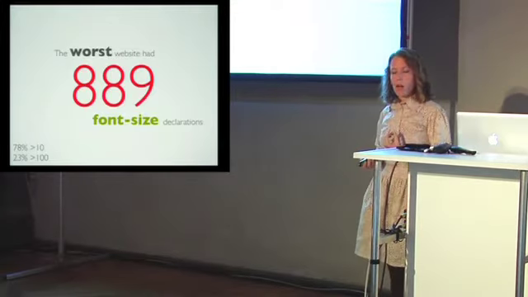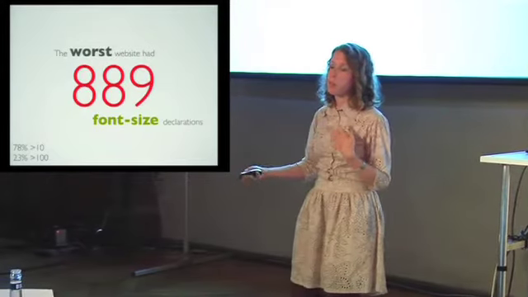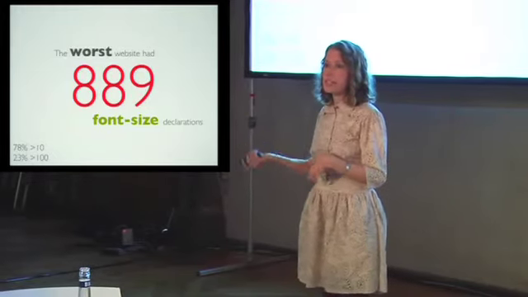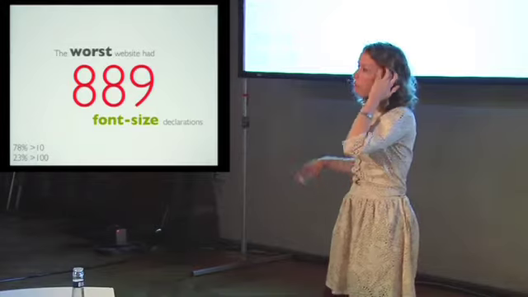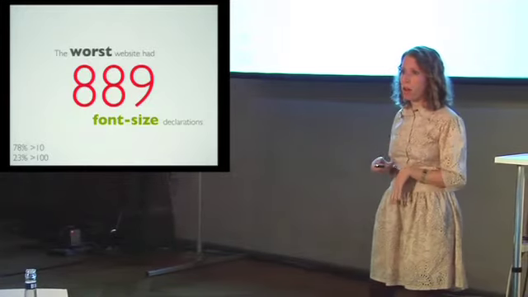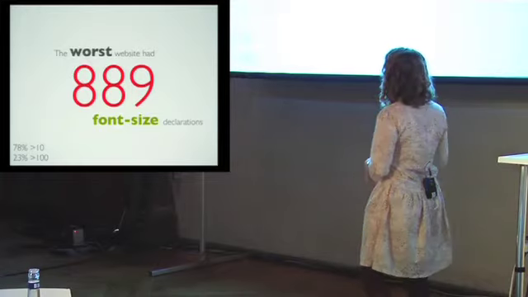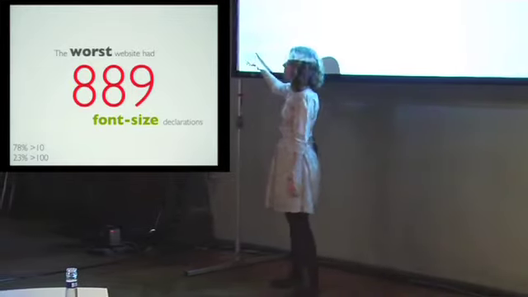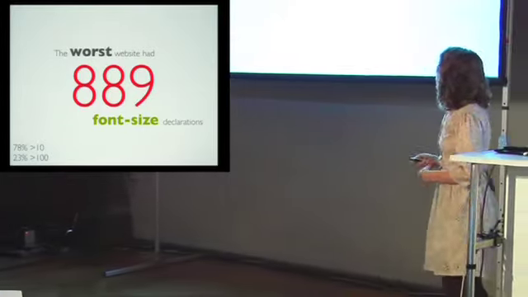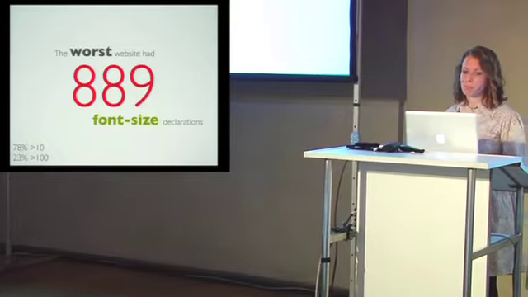This is another way of looking at headings. You can look at H1 to H6, but it's also possible that people aren't using the correct elements. They're just sticking font size changes on a div, or they've put it in a class. So grepping for font size actually tells you an even more exact picture of how many declarations you have and how many more than you should have. And this number is even more interesting, because when we grep for font size rather than H1 to H6, we find that 78% of sites in the Alexa Top 1000 have more declarations than they really need to have.